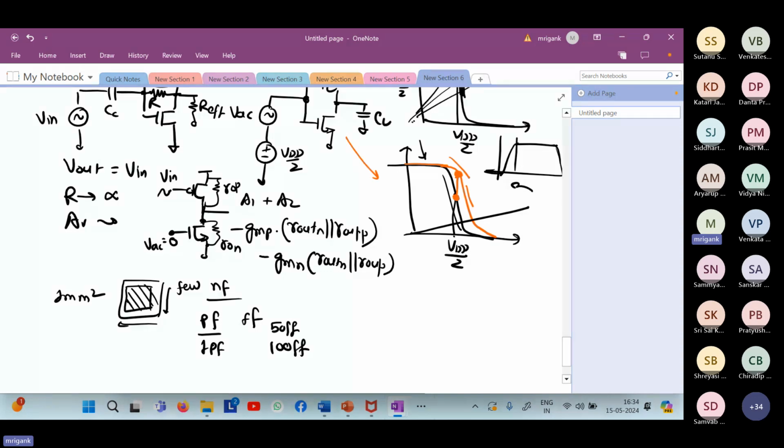Accordingly, you will have to figure out what the bandwidth is, because if the C value is much reduced, you are again increasing this particular frequency towards a higher value. That is not advantageous. Those constraints we will see as we design circuits with RC, how the limited capacitor plays a role.